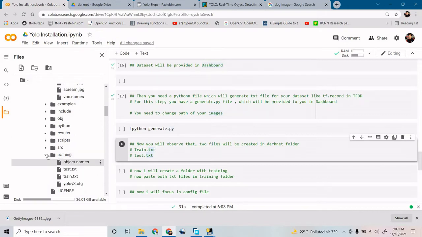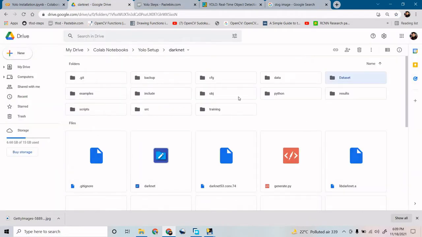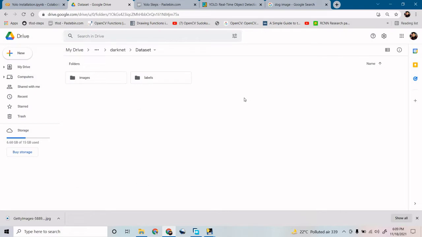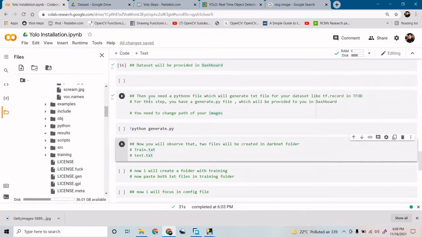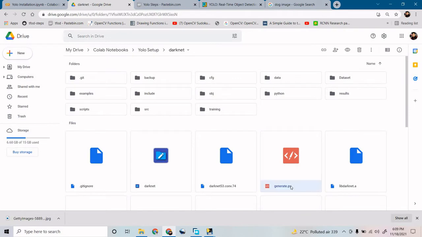I don't have, first of all, a training file, and I don't have a testing file. So what I'm going to do is, from all these images in this dataset, separate my training part and testing part. So I need a generate.py file, and this file is also provided by Crismetrics. You will also get it inside your dashboard.